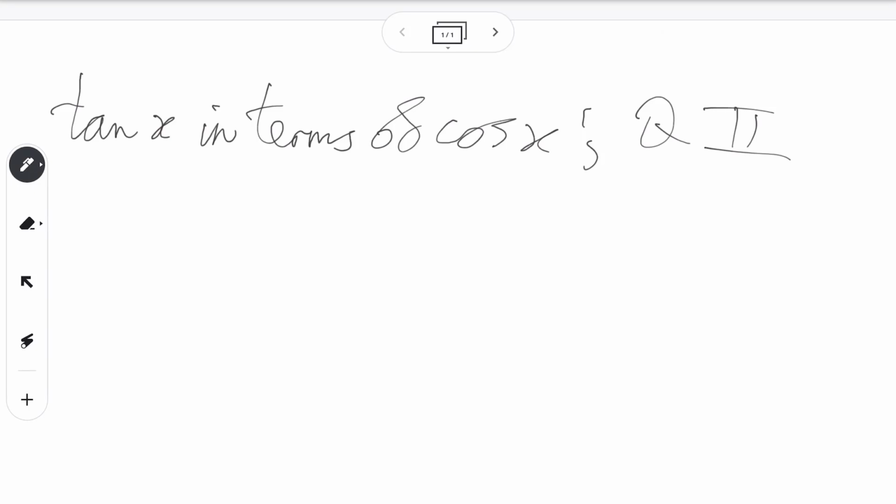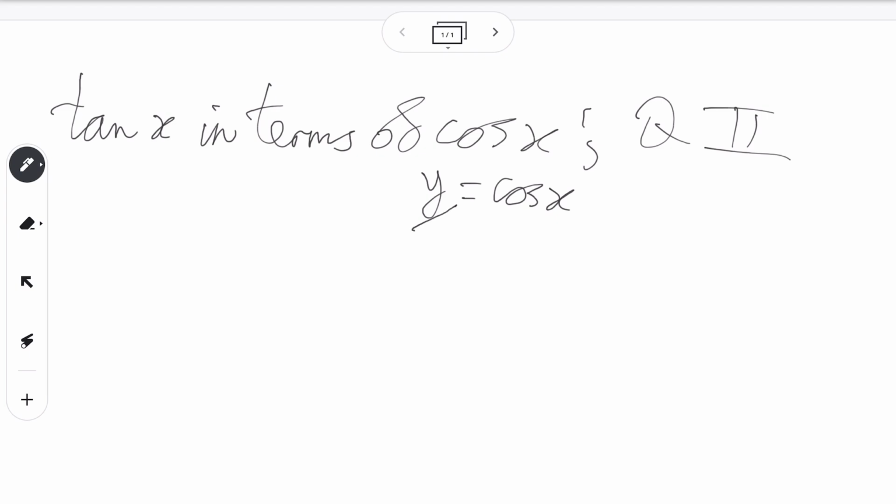Alright, so we're going to be writing tangent x in terms of cosine x in quadrant 2. So the first thing we're going to do is make a substitution where y is equal to cosine x. So all we have to do is write it in terms of y instead of writing it in terms of cosine. Now, this might make it look a bit more complicated, but